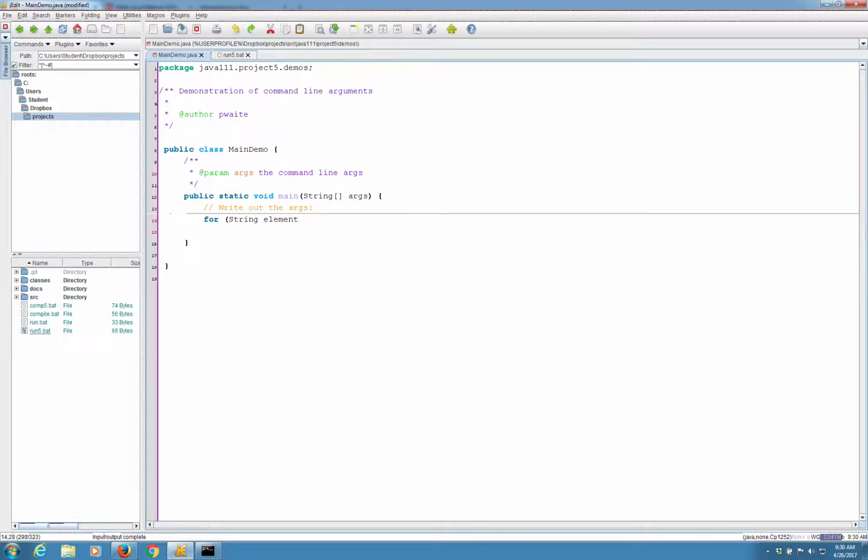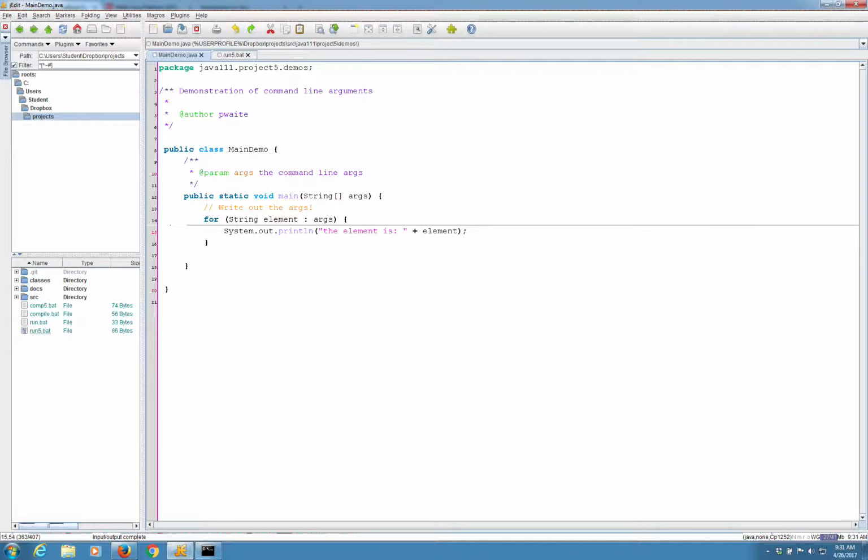For each element in my array called args, I want to write out each one of these, so I'm going to do a quick System.out.println. Simple as that. Now I'll put a little more information here, so the elements is, there we go.